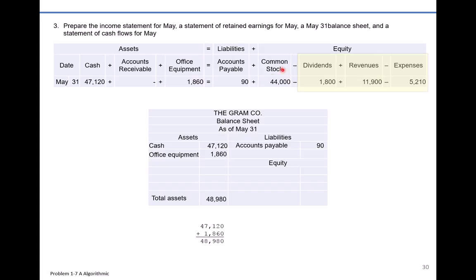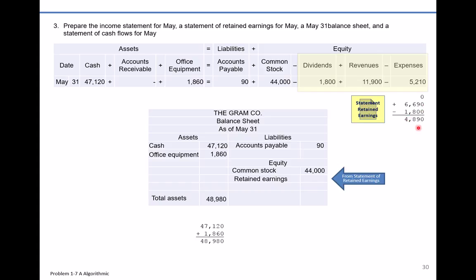Common stock was one of our two components of stockholders' equity. Remember, I said there's common stock, and there's also retained earnings that make up total equity. Well, let's list the common stock first, of 44,000. And now let's list retained earnings. Remember, we got that from the previous slide that showed the statement of retained earnings. That ending number is simply moved over here onto the balance sheet as one of the two components of stockholders' equity. Another way we get that is just simply taking all of the revenues the company had, minus all of the expenses, minus dividends, and adding that number to any beginning retained earnings. That's exactly what the statement of retained earnings did for us. So, from the statement of retained earnings,